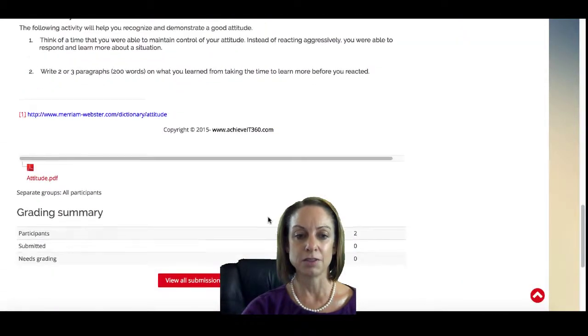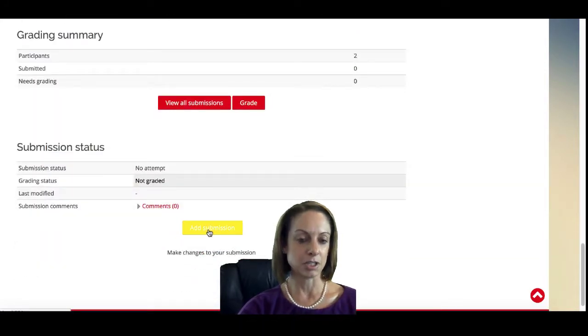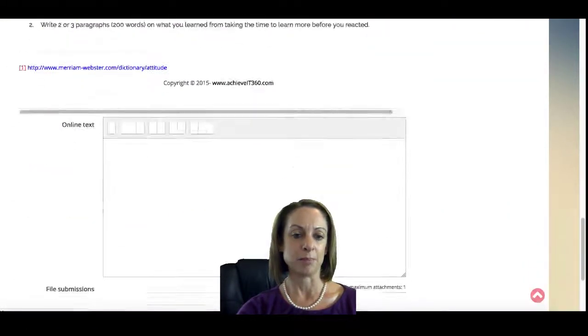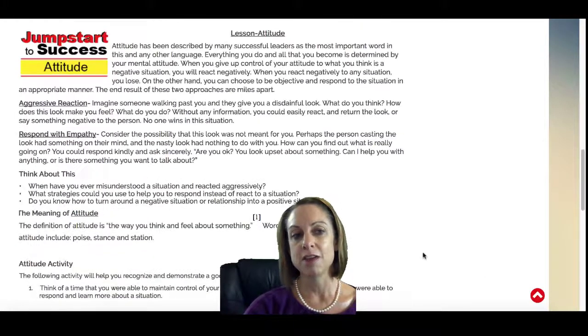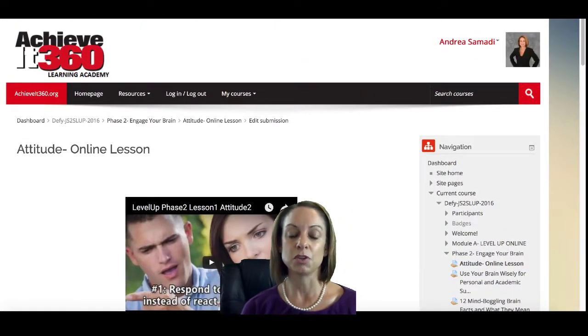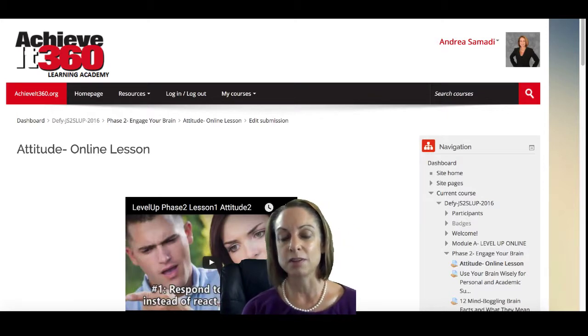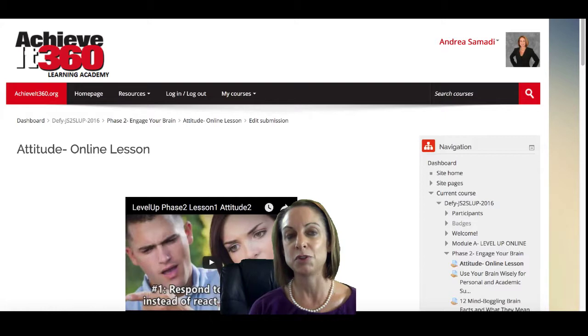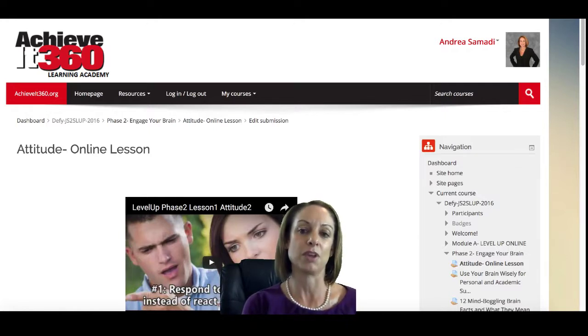If they do want to answer the lesson online, they just go down to the bottom here and add a submission, and the submission box will come up. So then they could either type in their answer or drag and drop a Word document. And there is a grade book. This system is built on the Moodle platform, so teachers could get a snapshot view of all of their students at a glance: who's handed in their assignments, exactly what they're thinking on their assessments. You could use the pre-assessment to the course and the post-assessment to see where they are before they begin, and then measure them at the end of the course to see where they are at the end.